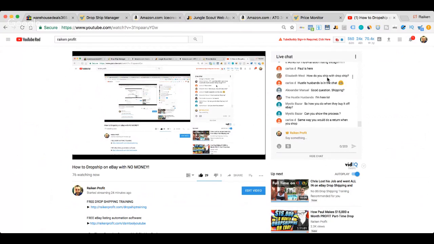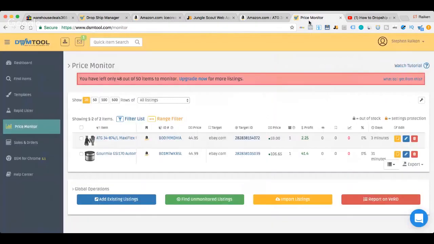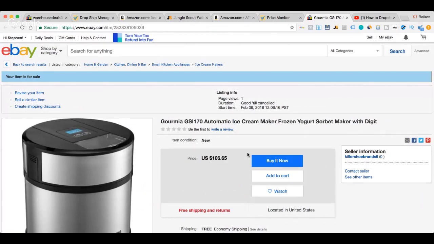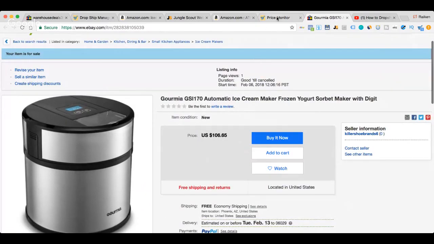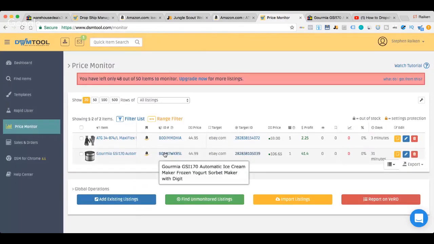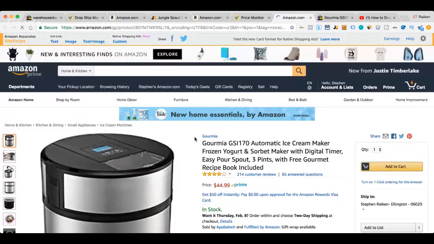How do you ship with drop shipping? So essentially, for example, say this item that I listed. Here's another one I listed. I listed it really high because I didn't want it to sell because I was just screwing around. But say this sold for $106. What I would do is go to my source right here. My source is Amazon.